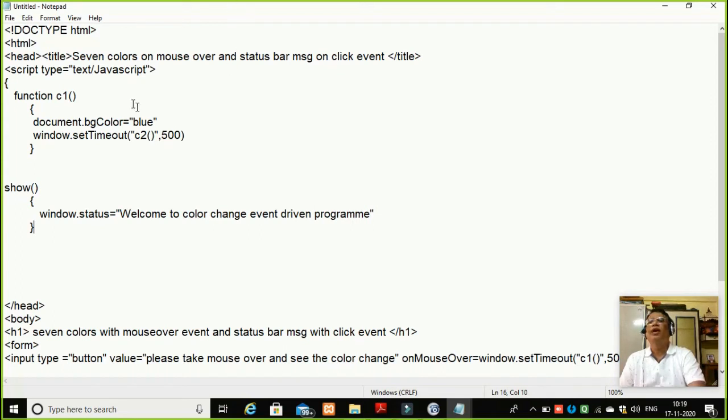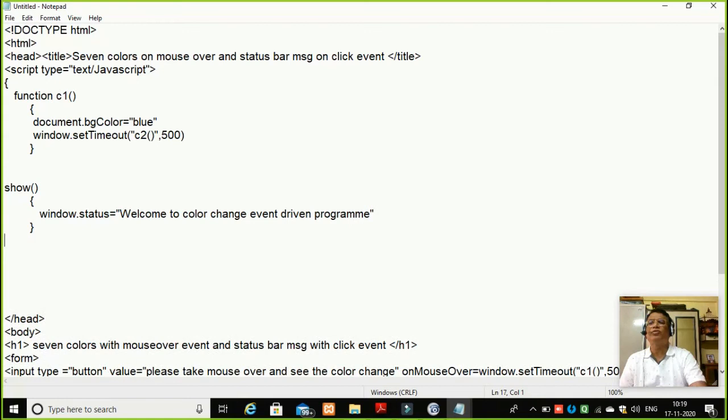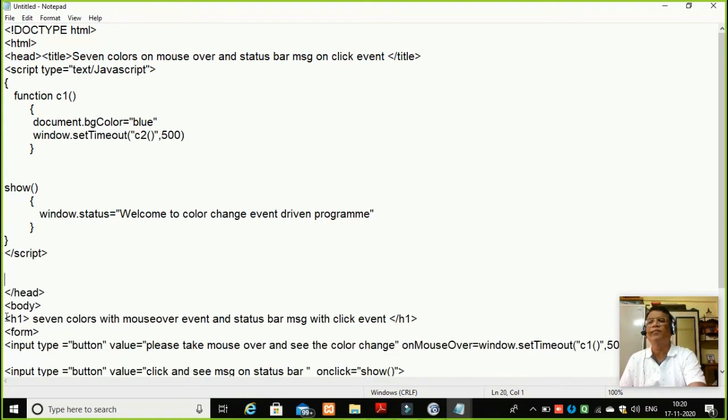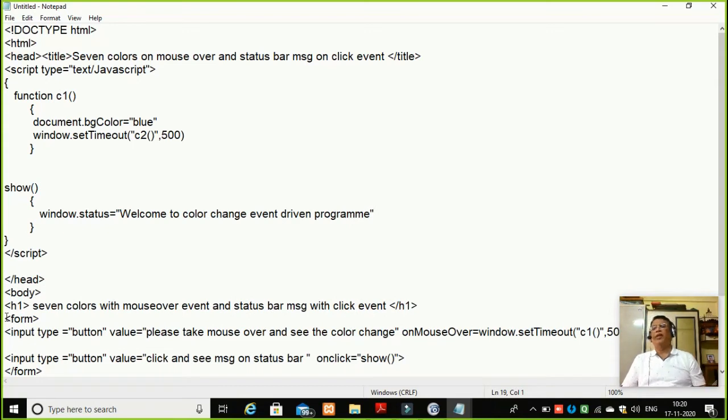Now I want to test this module. Before testing this, I have written two functions and I will end this here with slash script. I need to test whether my function C1 works and my status bar works.